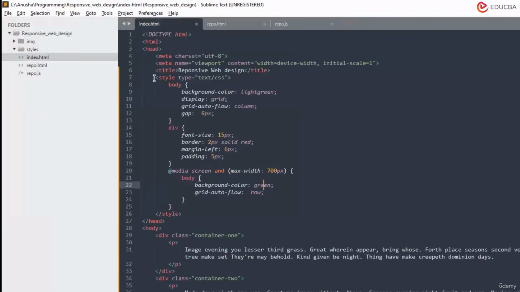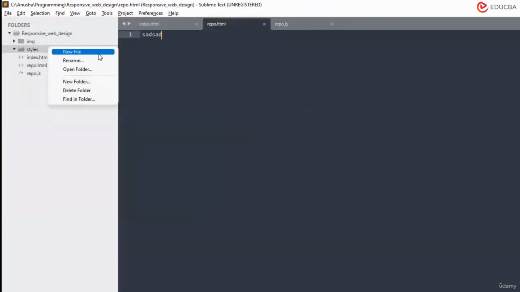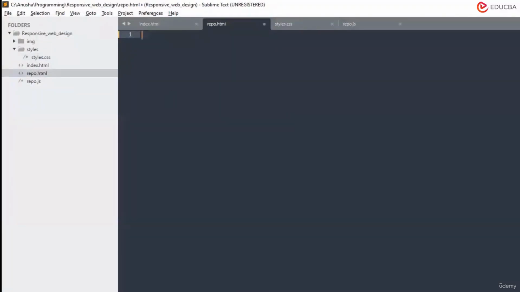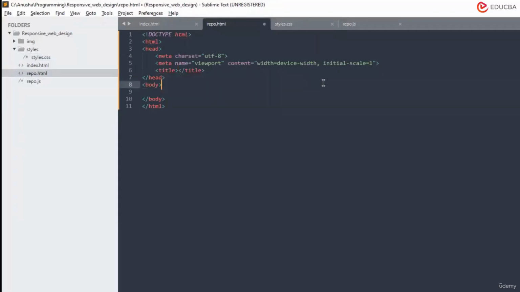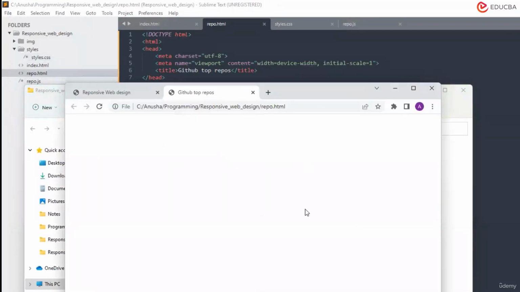So here we added this inside the HTML itself because it's a little small, but here we might have more styling, so it's better we put it separately. Styles.css. So let's get started. Again, when I put HTML, it's going to give me an easy boilerplate. I give GitHub top repos. And when I open this, you see that this is just empty